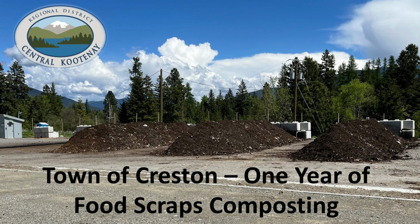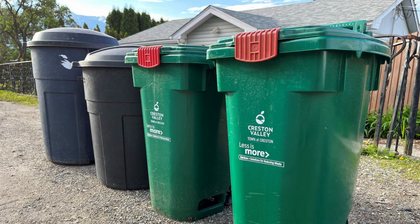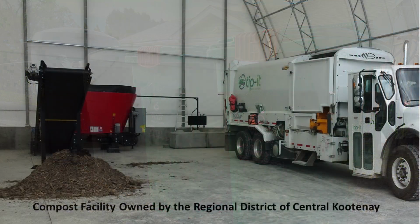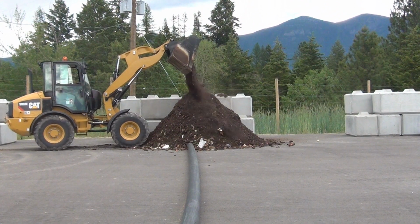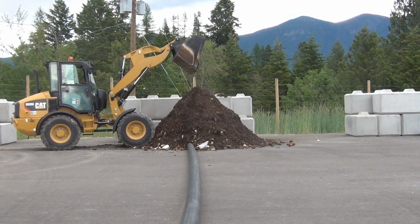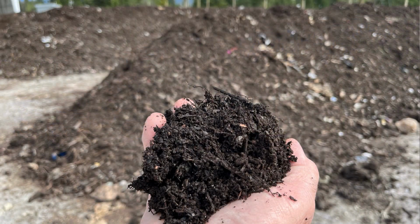It's almost a year that the town of Creston started composting food scraps. Separating food scraps was new for the residents. Creston had a new compost facility and an operator with no experience in composting. With some on-site training, tools and procedures, and a bit of hand-holding along the way, Creston is producing a really